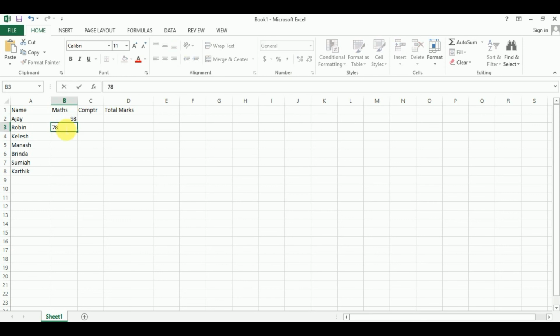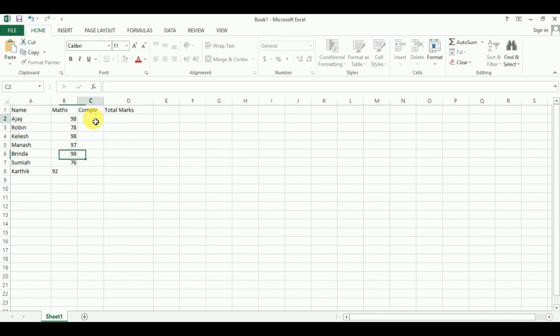Robin suppose 78, Kailash 98, Manas 97. Suppose Brinda in the last exam got 98 in this subject, then 76, and Kartik suppose 92.